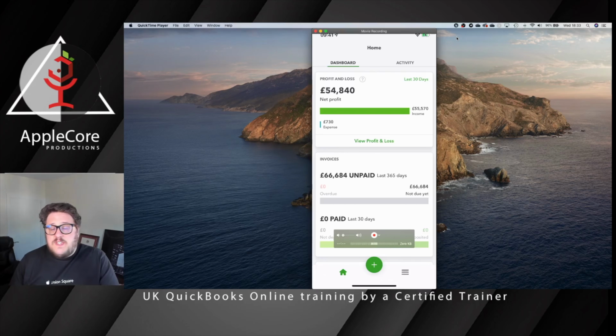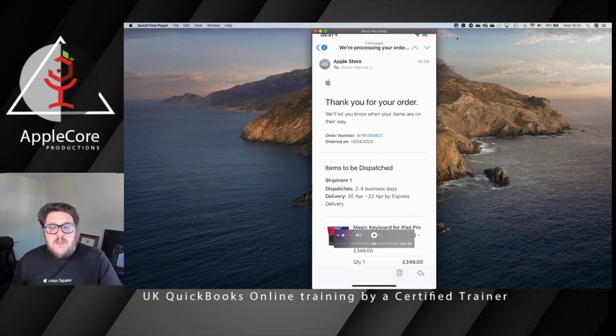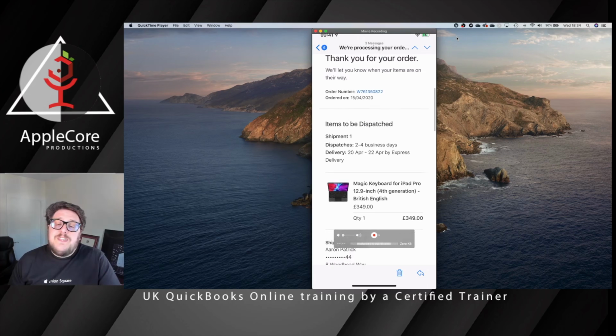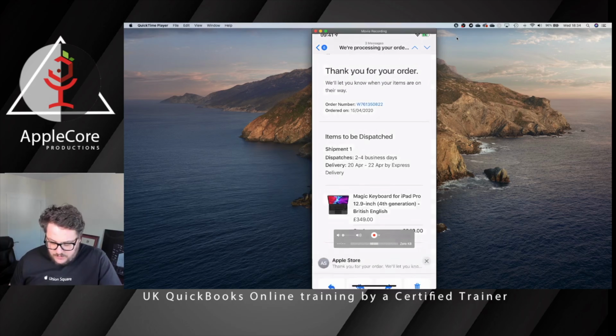Now the other new feature is the idea you can send an email directly from your inbox and just send it directly to QuickBooks without having to take the photo or extract it or anything like that. Let's see how that works. So I'm going to jump into this email here. Now this is an invoice that's come through, and what I want to do is get this invoice into QuickBooks. For me to do that, I use the forward button at the bottom,